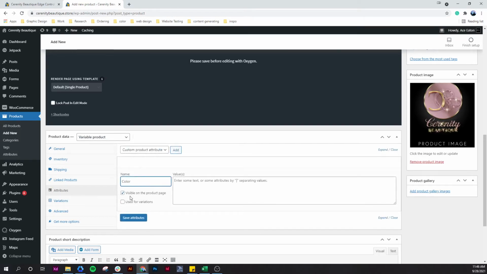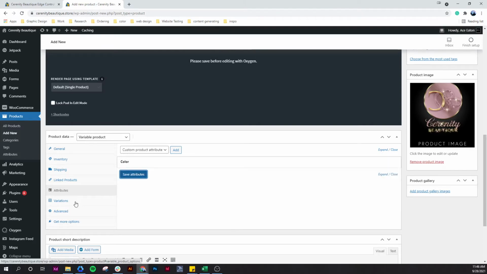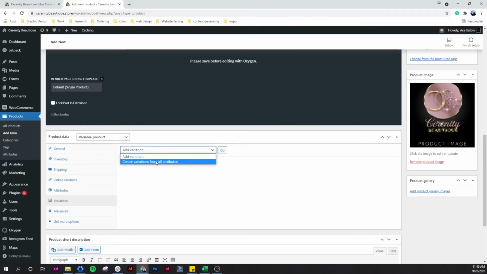color. Make sure you check use for variations. This makes sure that the little drop down menu on your product shows up. So let's say we're going to do red, brown, black. Save attributes. And I know this is not consistent for a gel, but this is just so you know how to add